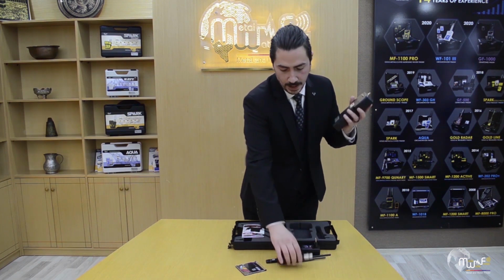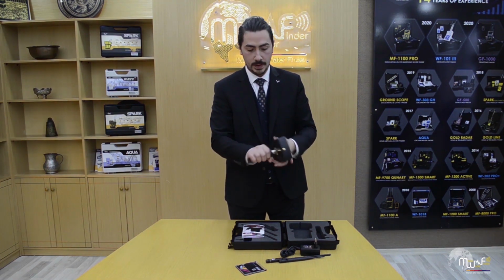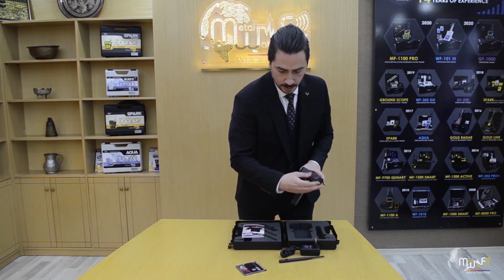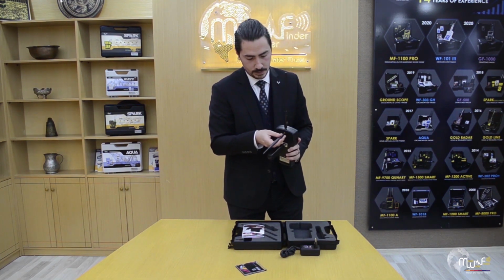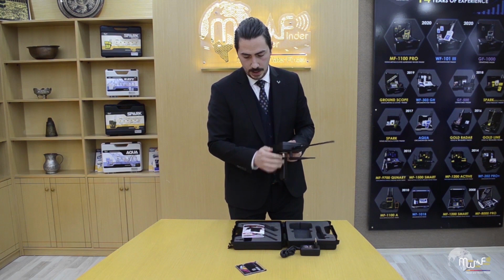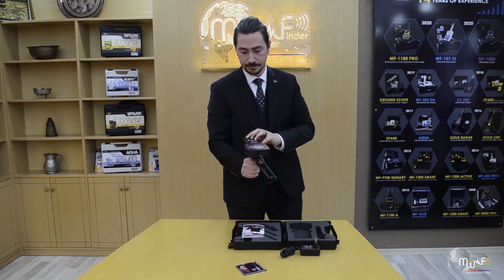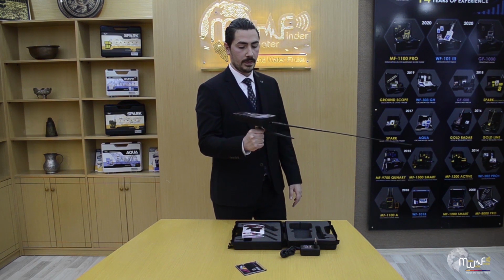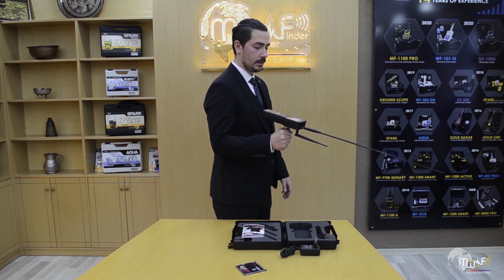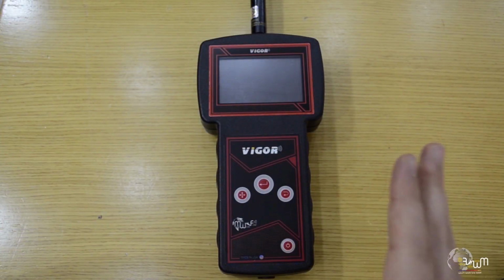First we take the main unit, and we will fix the grip, so easy to fix. And then we will fix the transceiver antenna. Next we will fix the post antenna, this, and that's it. The device is ready to turn on and to work with. We have to handle the device like this, horizontally with the ground, with the front of the device tilted a little bit toward the ground like this. In this step, we will show you how to work with the interfaces of the device